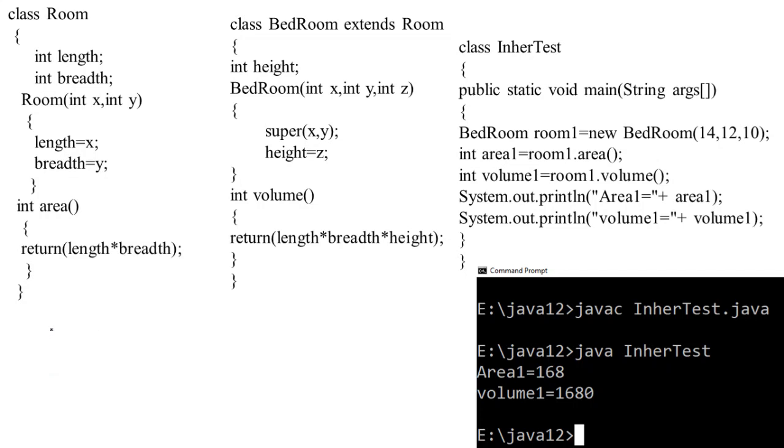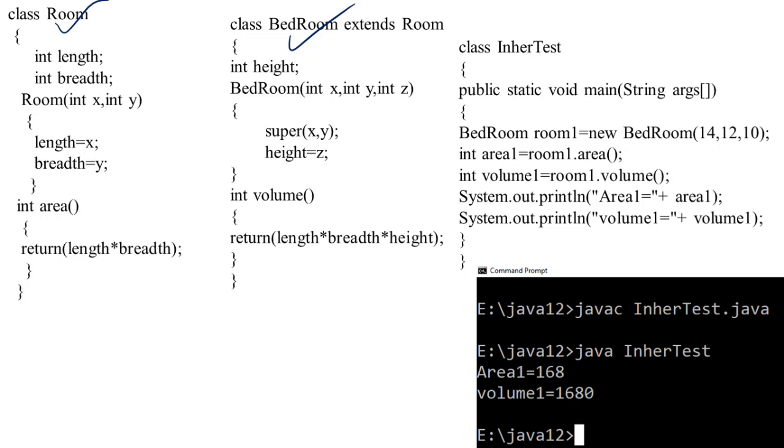You must understand the subclass constructor here. The super method is useful to call the superclass constructor. Room is the superclass, Bedroom is the subclass. To call the superclass constructor from the subclass, I need the super method. That's the purpose of the super method. This is single inheritance: I have one base class and one derived class. I am creating the object in another class, which may be a good way of doing things. It is better to create it in some other class, as I discussed a few classes back.